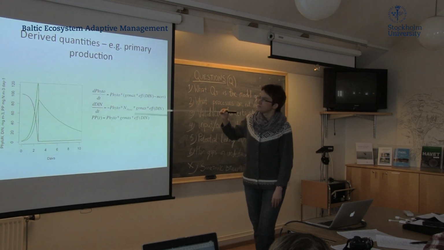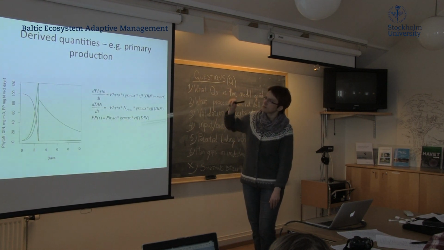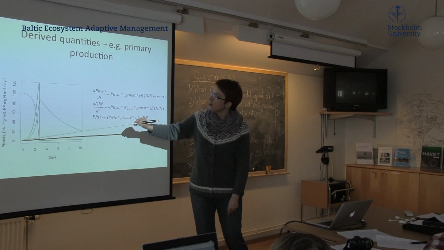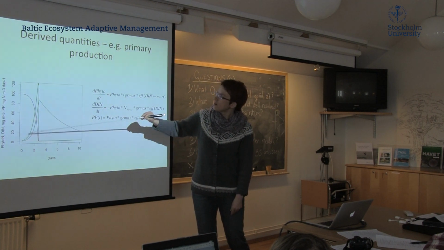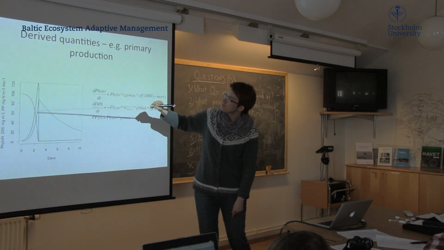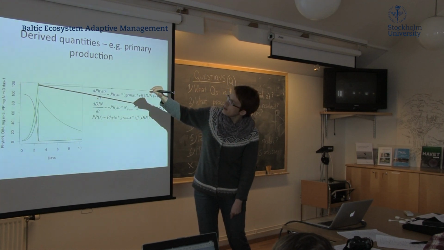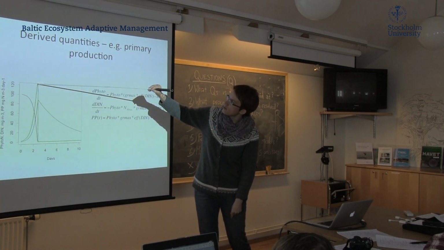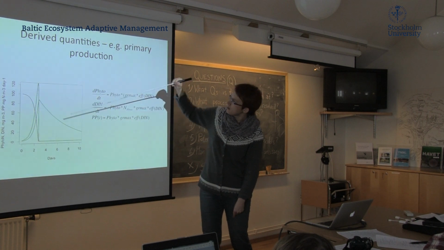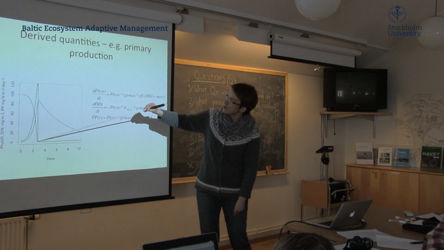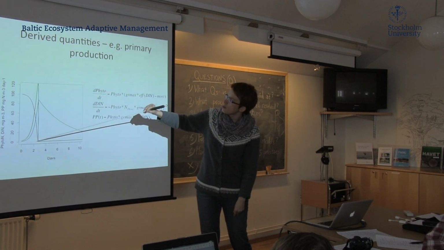So basically, this is the growth term here. So you see, there is a maximum primary production rate somewhere here, and when the nutrient concentrations decline, the primary production goes down